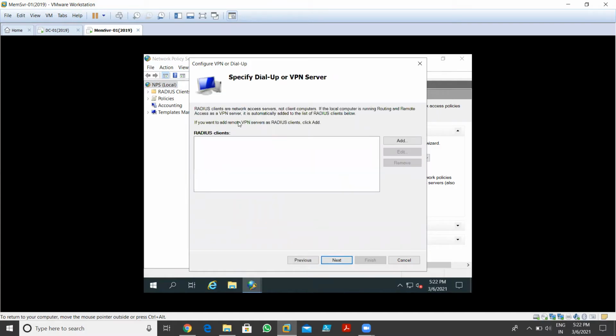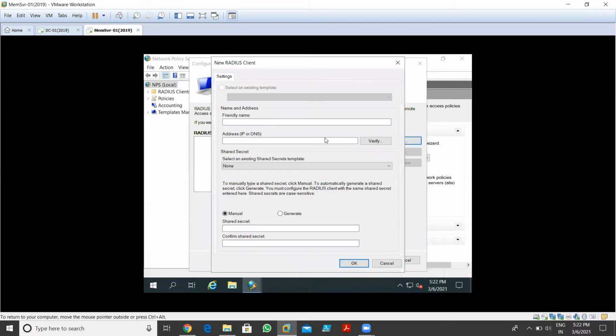Now they ask you for the Radius client. Who is the Radius client? The VPN server is my Radius client actually, because of the VPN server I'm able to authenticate my Radius clients. So over there, I need to add my VPN server. I click on add, and I go for VPN. I give a friendly name, and the IP address of my VPN server is 10.0.0.2.